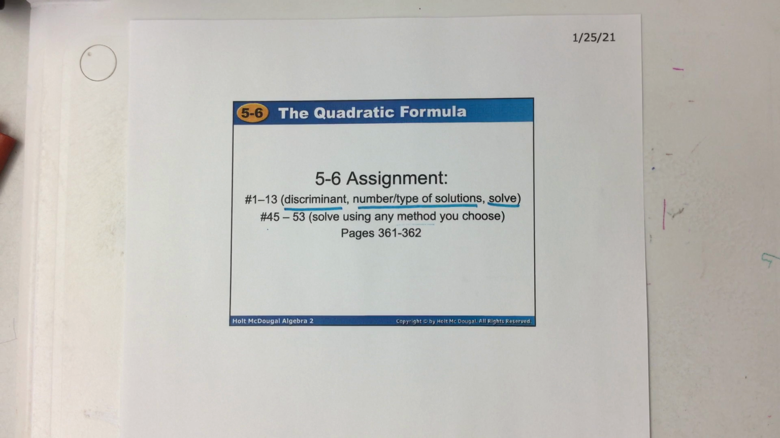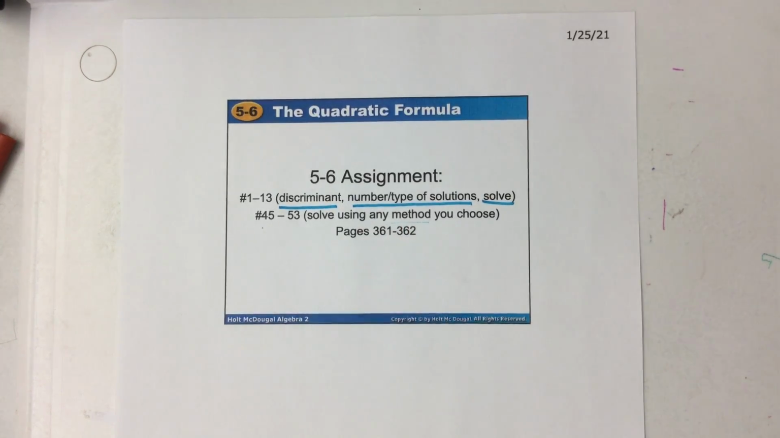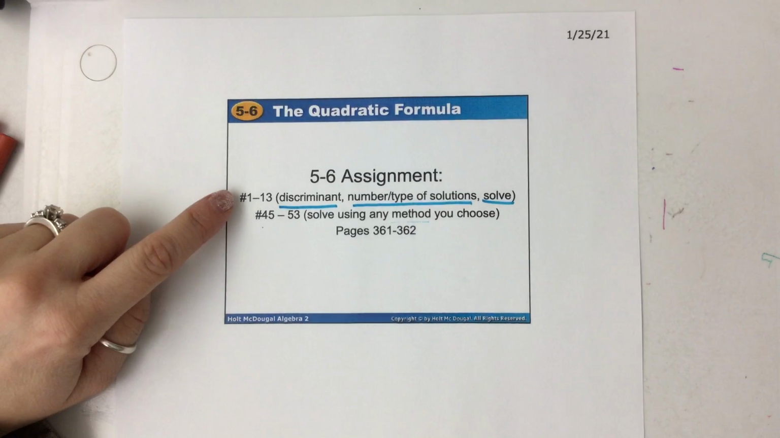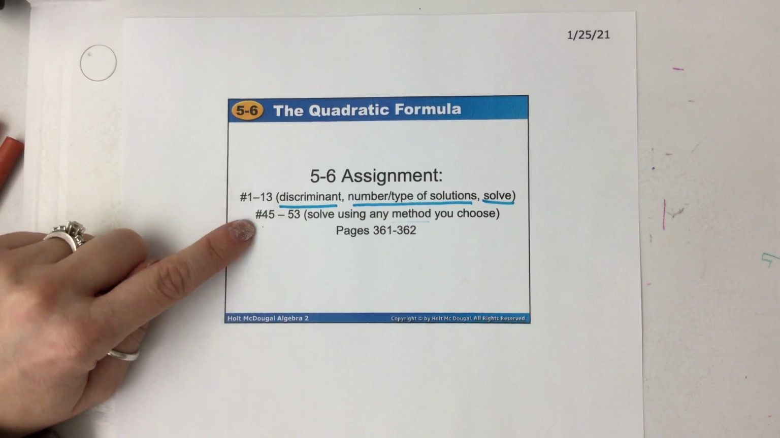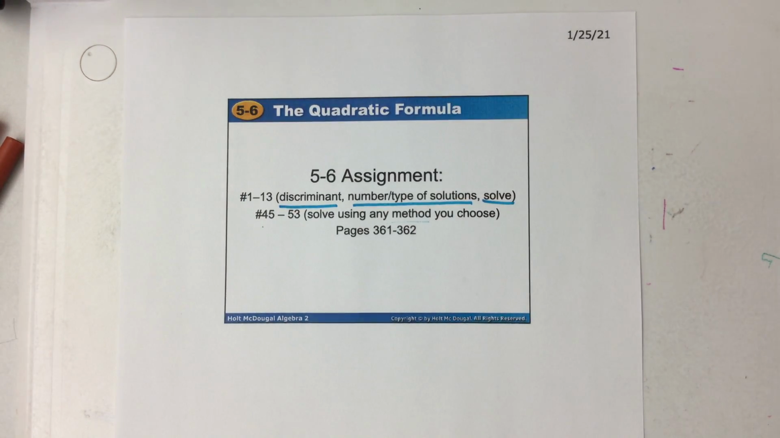If you really, really like that square root process that we did in 5-4 and 5-5, if you really like the completing the square process, you could go ahead and use that. So you can use any method you want. You can use Desmos, you can create tables, you can factor, you can complete the square, whatever method you choose. So again, your assignment is 1 to 13, practicing what we learned today, the discriminant and the quadratic formula. 45 and 53, you can use any method of your choice,